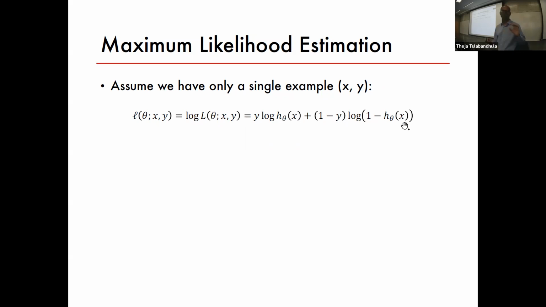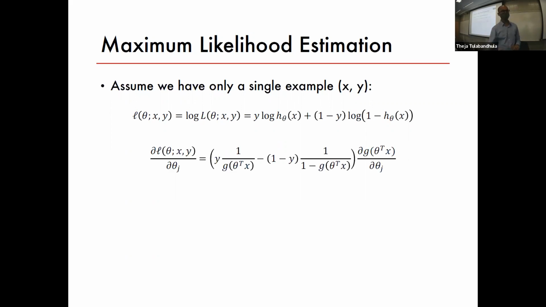What we're going to do here is try to actually compute the gradient, and we'll see that the gradient is the same as what we would have gotten for linear regression. Although in the linear regression case we had the square loss and the h theta was different. Here the h theta is different because there's an extra g in front, and also the loss function is different. It's a negative log likelihood. Here let's focus on log likelihood. Negative log likelihood is just the same with a minus term in the front. So although the objective function is different and the h thetas are different, it turns out the gradient is going to evaluate the same.